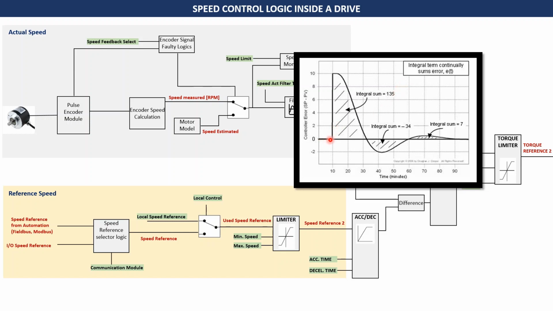So this straight line that you see, let's suppose this is the reference and this is actual. So if your actual rises beyond the reference, over time this gets integrated. So this entire area, which is 135, is the integral sum. This 135 will be multiplied with the ki, and the output will be generated, and hence this speed will come down, and again the next time the integral sum will be 34,